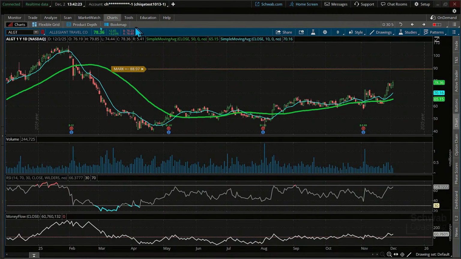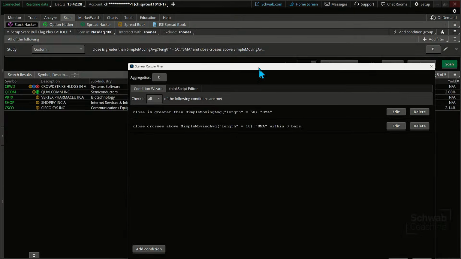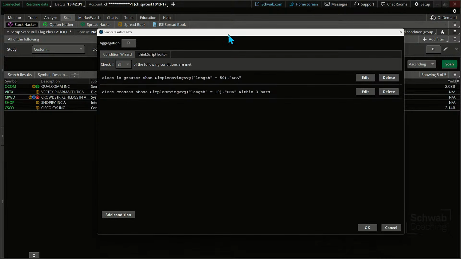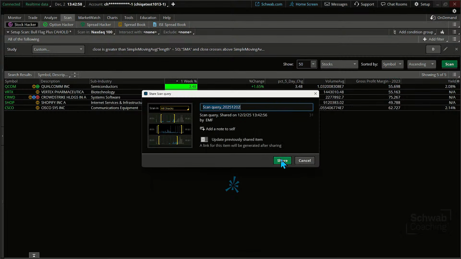Okay, back to that script. Let's go to it real quick. Here is that script. And by the way, if you need to, you can go back through and slow the recording down and take a look at it as well. But hang on a second. Click OK. Then I was just going to share this one. I'm used to sharing the other one. I can't remember the last time I shared a condition wizard type script. Save scan query right there. Oh, share, right? I think this is just it. Yeah, this is the guy right there. It's in the same spot, basically.